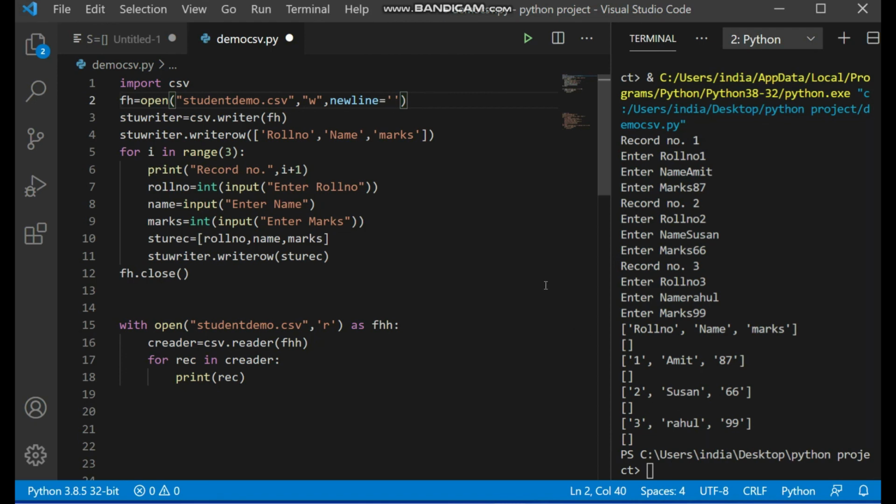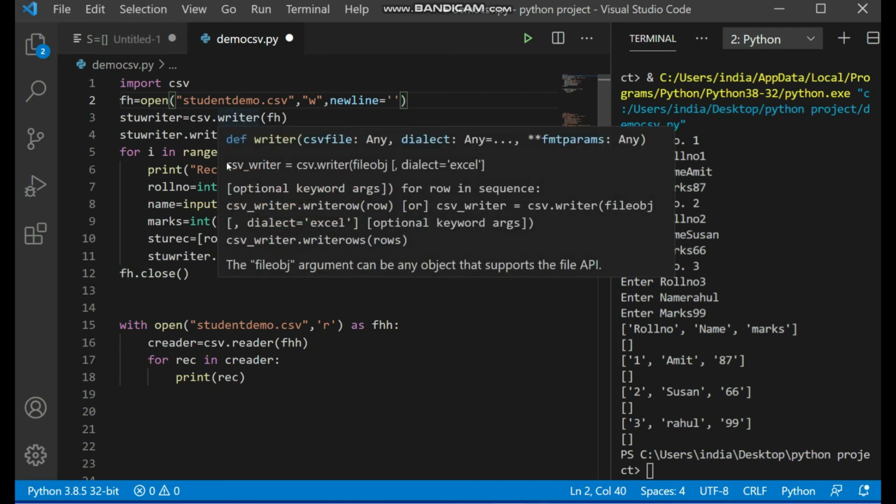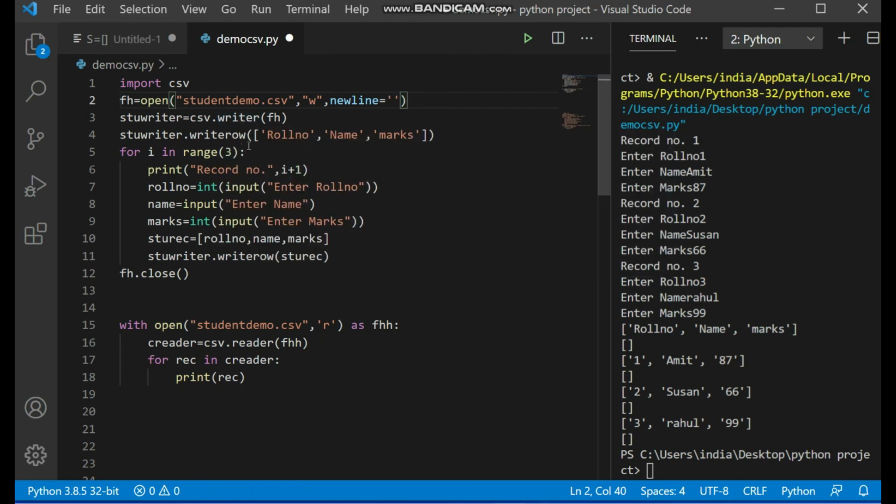So this is all about your CSV file. We have seen how to import the module csv, how to create the file object, how to create the writer object, then how to write using the writerow function, and how to iterate and take multiple rows. Then similarly, how to read. This is again the same process.